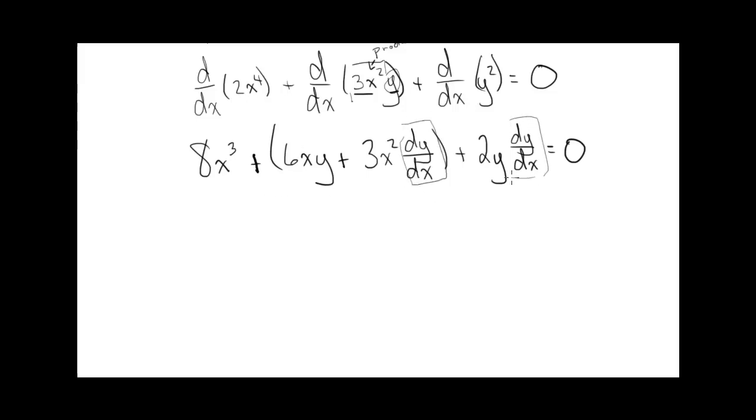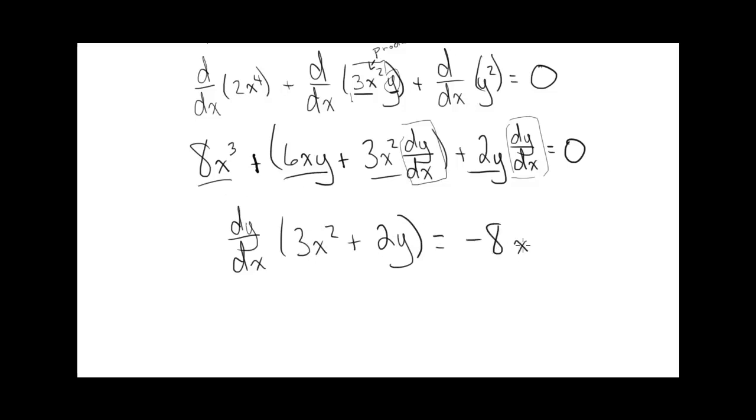So let's group them, or add like terms. And then this will subtract from this side, so it appears on the other side. So we're going to factor out a dy dx from these two terms. So we're going to have 3x squared plus 2y. I subtracted this, so negative 8x cubed, and I subtracted 6xy. And then to get dy dx by itself,